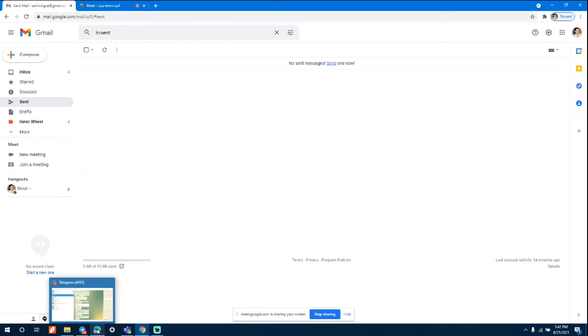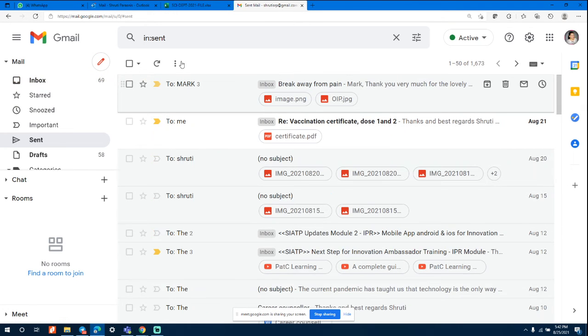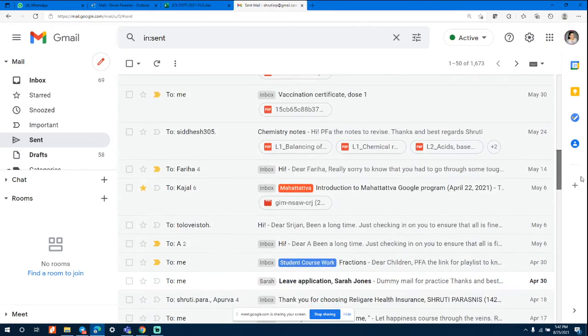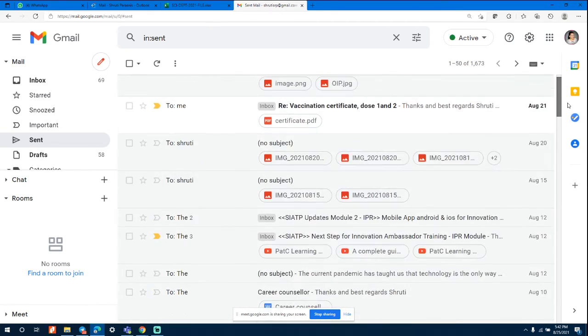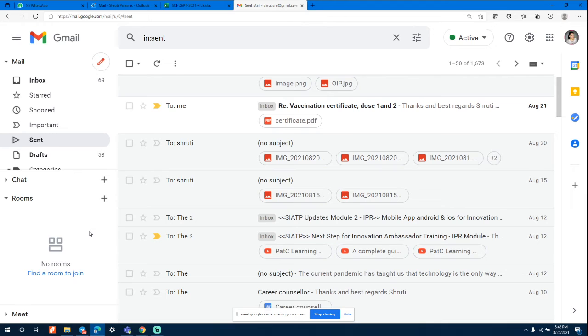I'm just wondering. Shruti, I'm not able to differentiate between two kinds of labels. All my labels are going into important. No, they are not labels. Labels are something which you have to create. So look here. Right now, I created a label, but it is not showing. It has become yellow. But when I go over there, the label will not become yellow.